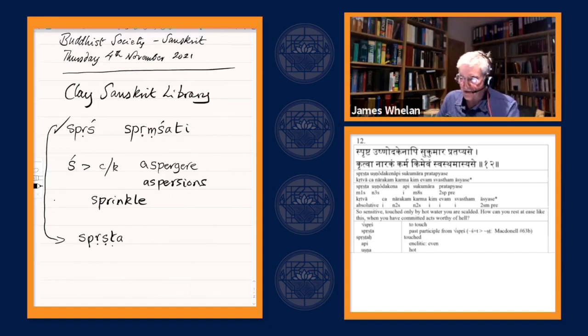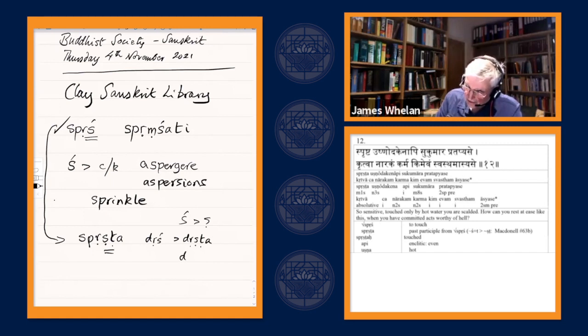And just in case the grammatically eagle-eyed among you are wondering why the sh has become a retroflex sh, it's because whenever you get a root ending in the palatal sh sound, followed by the ta of the past participle, it always becomes shta. That's why, for example, from the root drish, to see, you get drishta. It becomes retroflex.